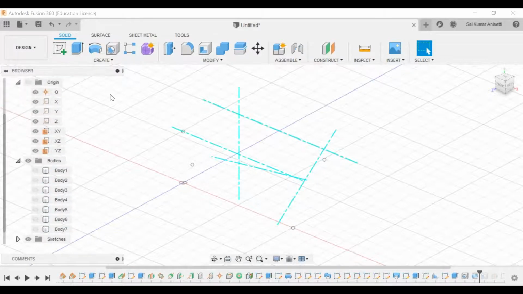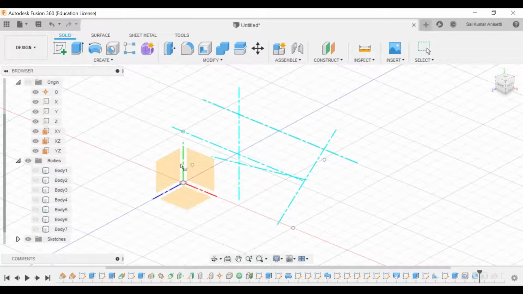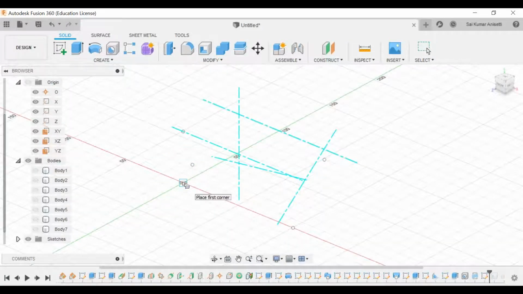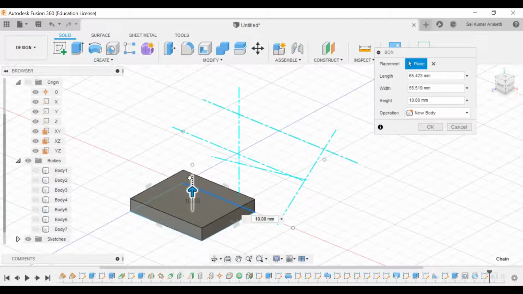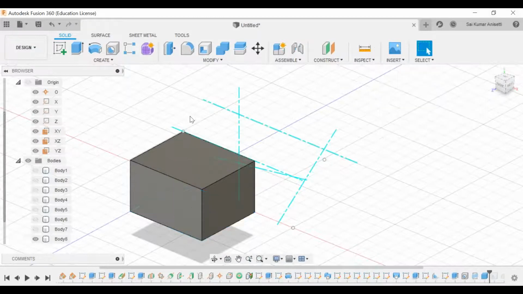Okay. So instead of all these bodies, if we want to create a simple body, just select any given plane and select any given point, draw a rectangle and just extrude it. You can define a cube of a given length, width and height in a single operation itself. These are called primitive solids, or primitive shapes, whatever you call it. Click OK. That is how you create.